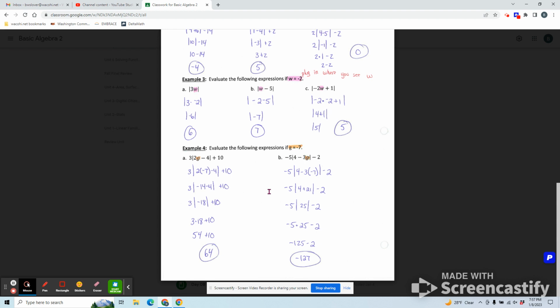Now, your answer after you simplify could be negative. And that's because there were other operations or other numbers on the outside of your absolute value that